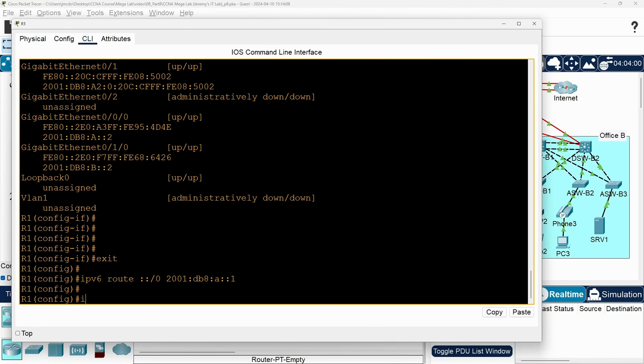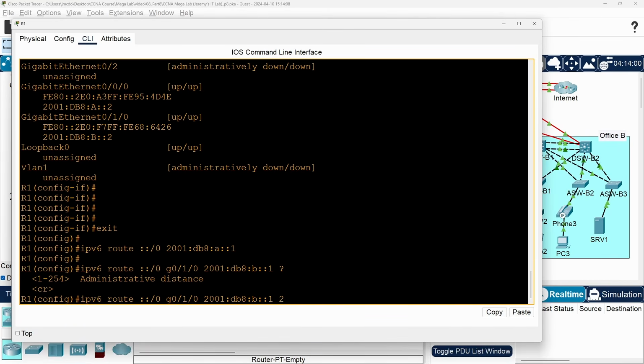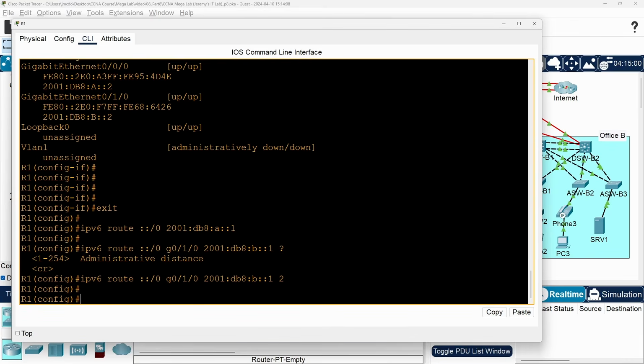Now the next route, which must be fully specified, meaning it should specify both the exit interface and the nexthop IP address. It should also be a floating route. So, ipv6 route ::/0 G0/1 2001:DB8:B::1, and then set the AD to 2 to make it a floating route. Okay, that's it. Let's save with do write.